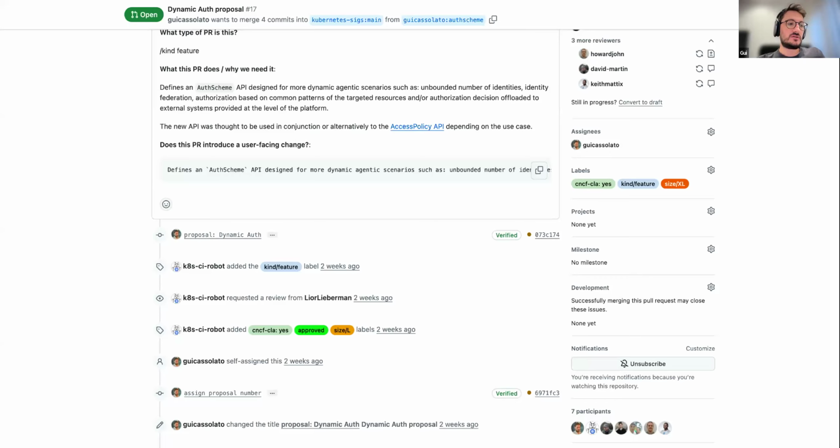So this additional API, in one of the last meetings, maybe the last one we had, we agreed on exploring the possibility of actually extending the access policy API rather than